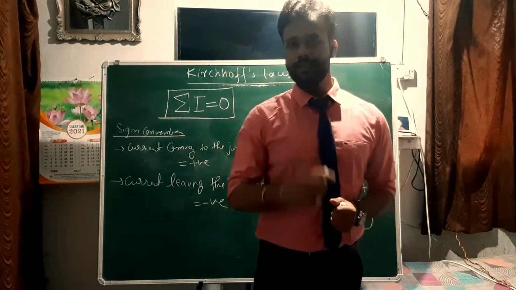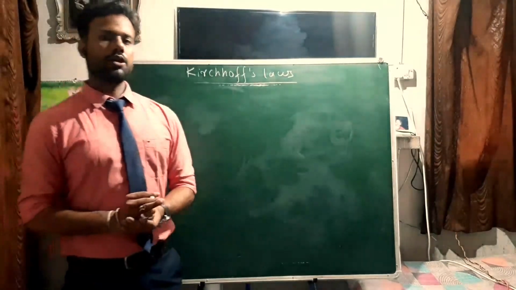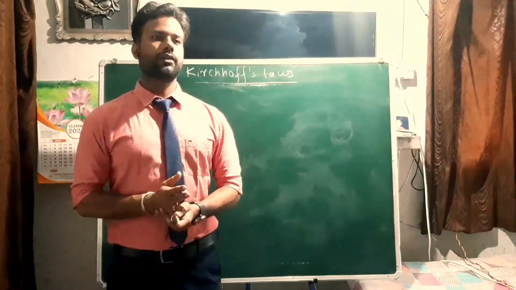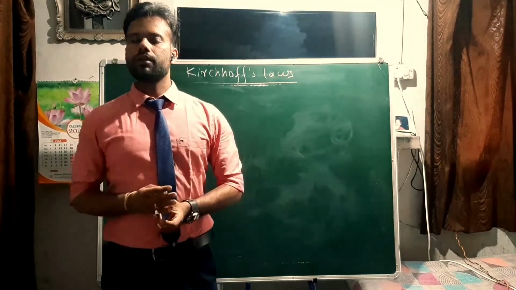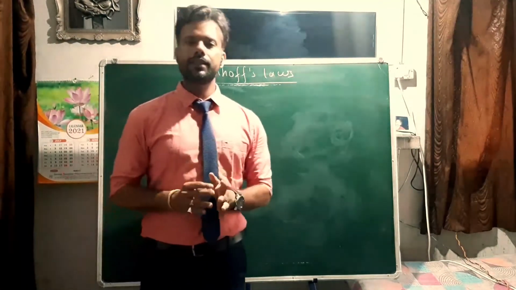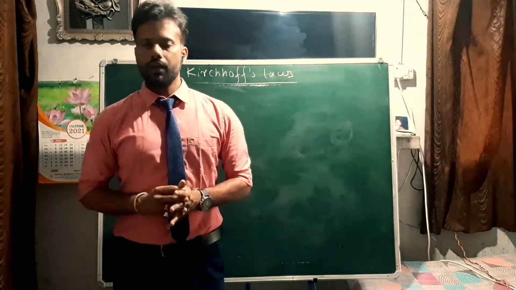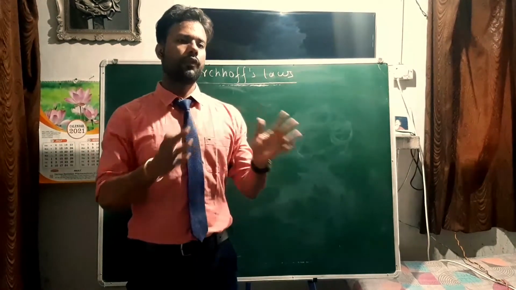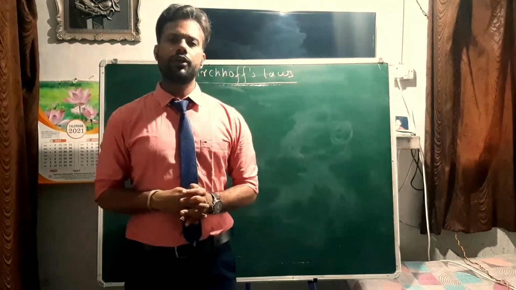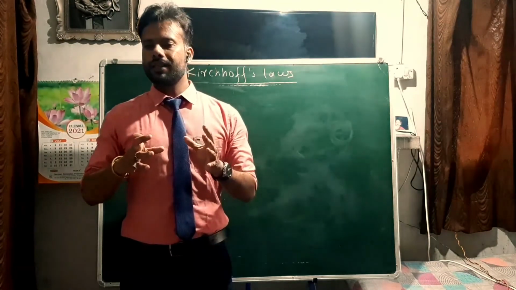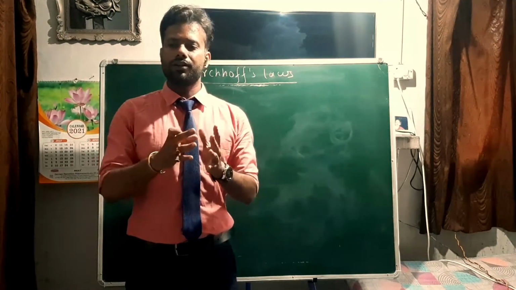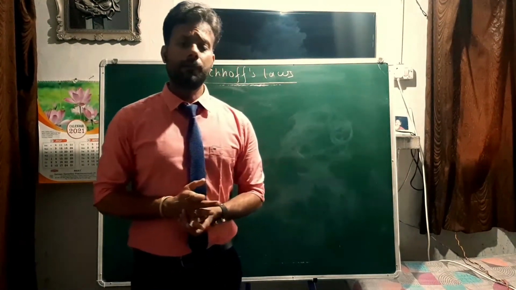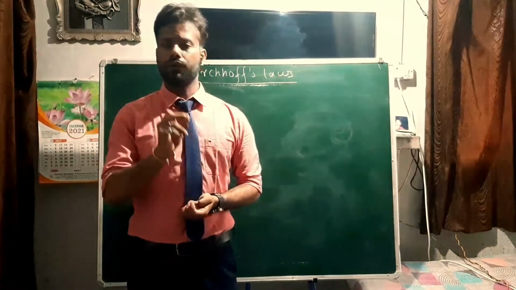Now let's see the second law. Sometimes the question arises that Kirchhoff's current law shows which conservation law. So always remember that KCL shows the conservation of charge, because the amount of current coming inward to the junction is also going out of the junction. That means there is no accumulation of charge, or diminishing of charge. Charge can neither be created nor be destroyed, right? So always remember KCL shows the conservation of charge.